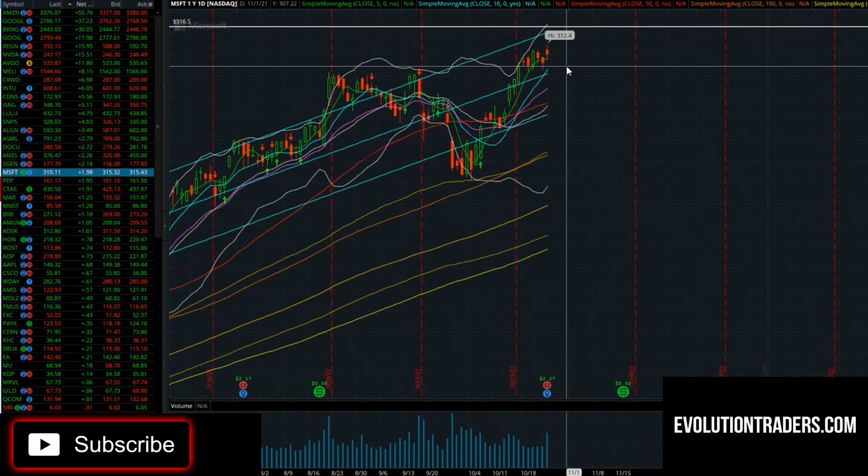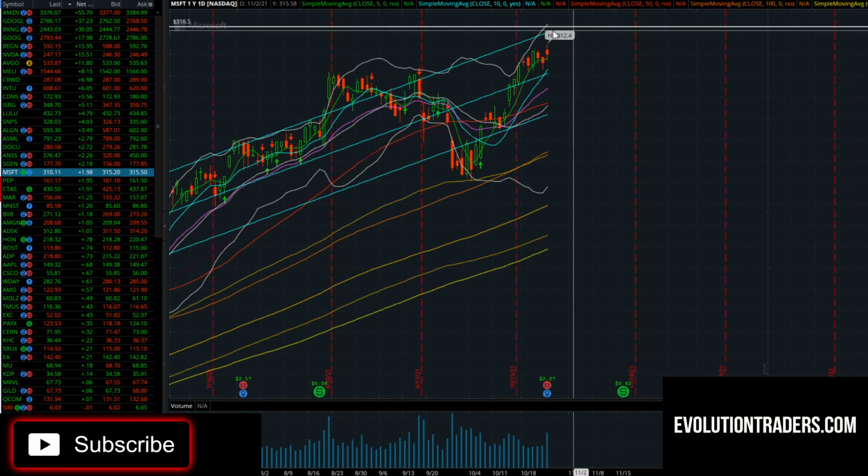We have to see where we base out. I'd like to form a little bit of a bull flag here in the after hours and pre-market session, so that when market opens, we can bust through this 316. So the biggest thing for me is I don't want to see a gap up over 316.50. What I would like to see is maybe even a little bit red open or a flat open, go red to green, and then take out this 316.50. That would be my area of opportunity to get long. And like I said, from the hourly standpoint, we're going to have about a point to a point and a half worth of measured potential right off the rip.